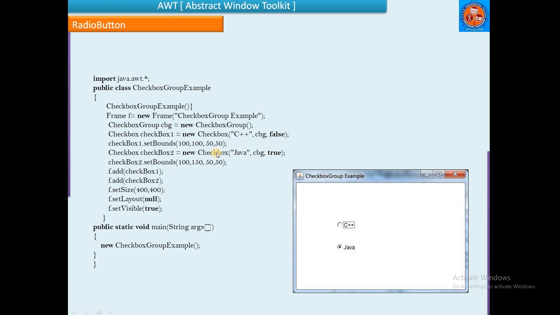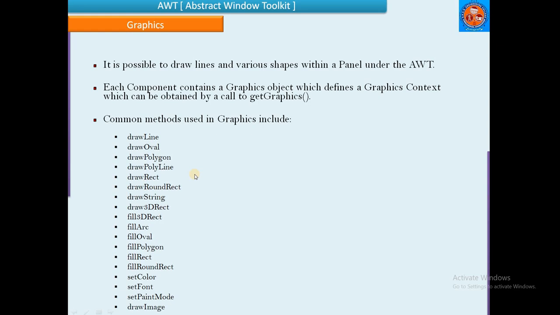Once that checkbox is added to the checkbox group, it is automatically converted into a radio button. So radio button always allows us to select only one option. Again, just like the previous application, frame, add the checkbox to the frame, define the size of the frame, layout, visible true.